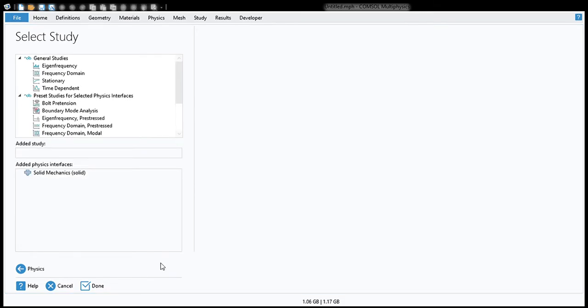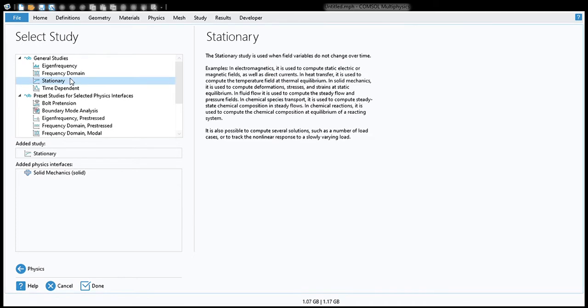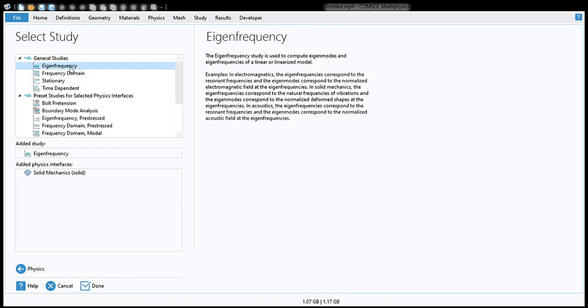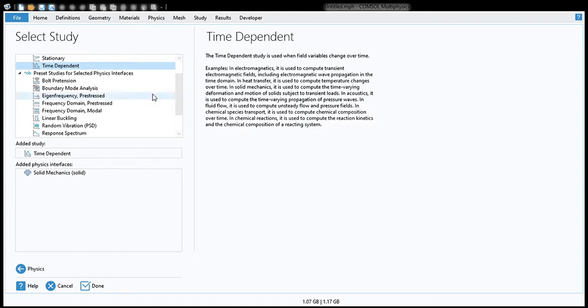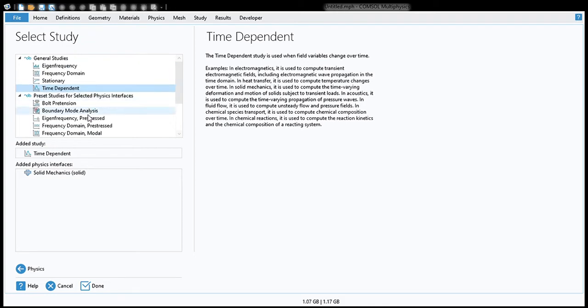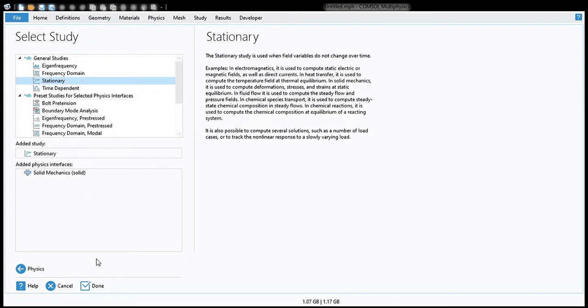After selecting the physics, for a static analysis we'll be using a stationary study, whereas for natural frequency analysis, we'll be using an eigenfrequency study. For a dynamic analysis, we'll be using a time dependent study, and there are various advanced study options present in COMSOL which you can use for your analysis. So let's select a stationary study and click done.